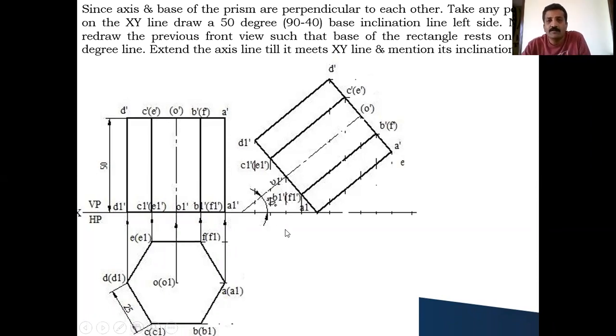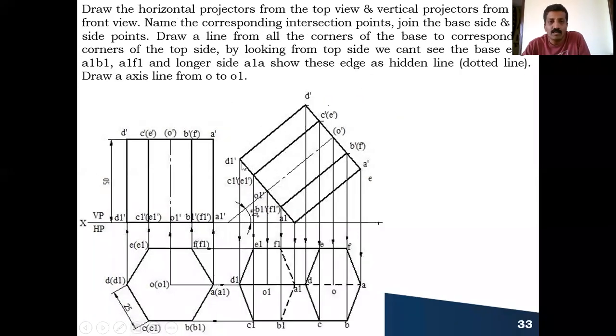So this completes your front view, second position front view. Now the second position top view, what you have to do? You have to keep on drawing the vertical projectors from all the points of the previous front view like this, and you have to draw the horizontal projectors also like this from all the points of your previous top view also. Now we have to coincide the points.